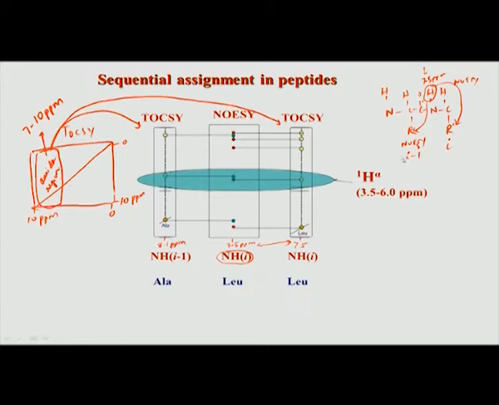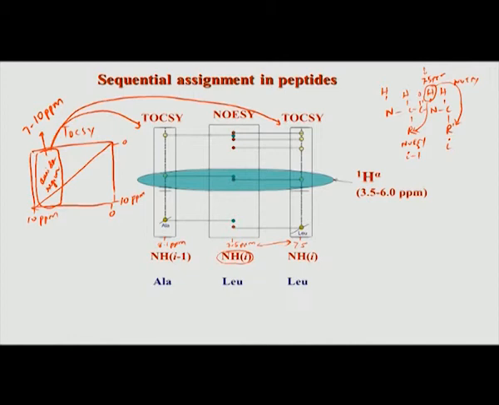Now if I go to I minus 1, that is this NH here at 8.1 ppm, and if I go to the NOESY of that, so that is not shown here, but if I go to the NOESY of that residue, then I will get correlation to I minus 2. Similarly, if I go to I minus 2, I will get correlation to I minus 3, and so on. Similarly, if I go to I plus 1, which I do not know which is, suppose there is a residue I plus 1, that should show a correlation to the residues of the spin system I in the NOESY. Okay. So this is how we form what is called a sequential link.